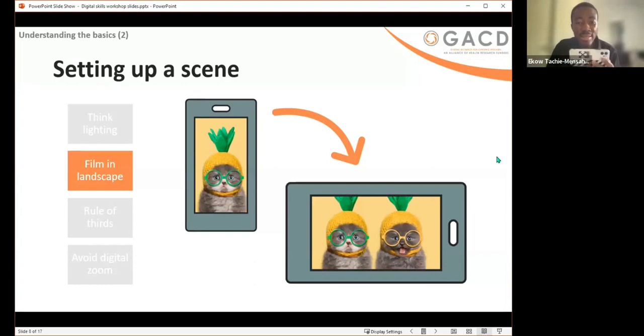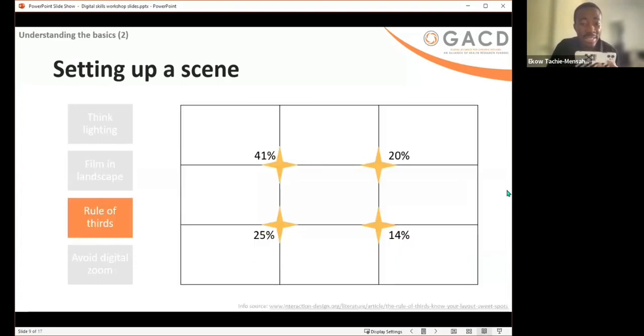And then the next thing, once you've thought of filming in landscape, is the rule of thirds. Also very important. The rule of thirds is basically always saying, divide your screen into three. So in the back of your mind, when you pick your camera, you know that there's 1, 2, 3. And all the time, ensure that your subject is in the middle frame, always.